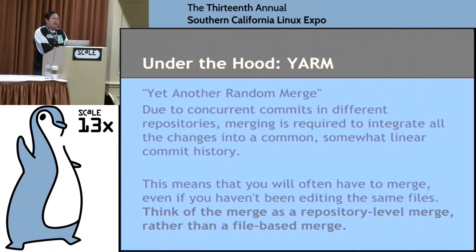And what I found out is that when you are working on a repository together, if someone changes any file in a repository, regardless of whether it has anything to do with the file that you've changed, when you pull it in, Mercurial will ask you to merge, and then Mercurial will ask you to commit the merge. Mercurial is so conservative about the merging that it would rather you check over the results and then commit the merge. And so people who are used to using Git, where it happens behind the scenes, were very annoyed, and they're like, yeah, this is yet another random merge that Mercurial wants me to do. And so that's where it comes from.